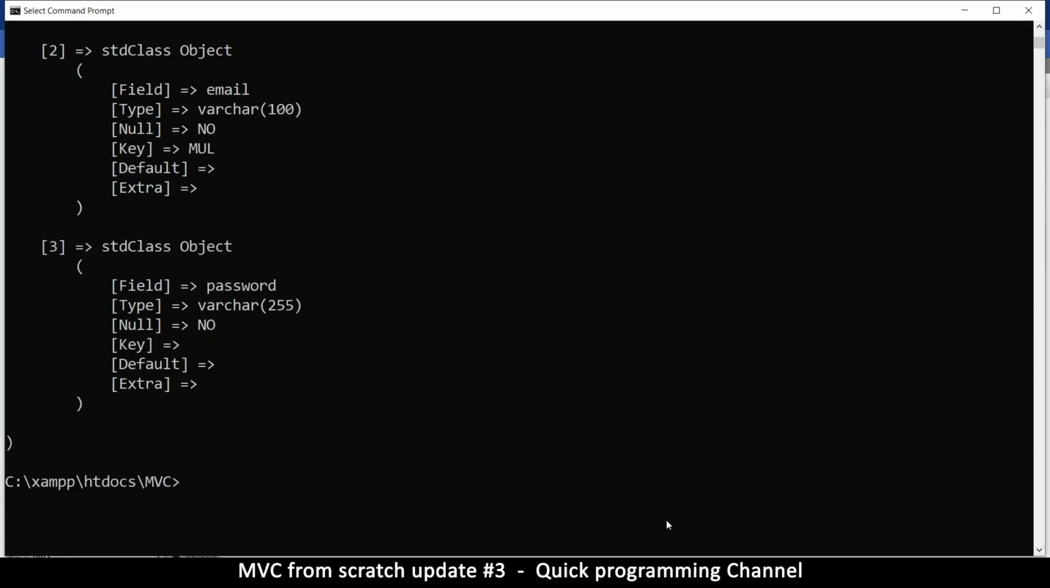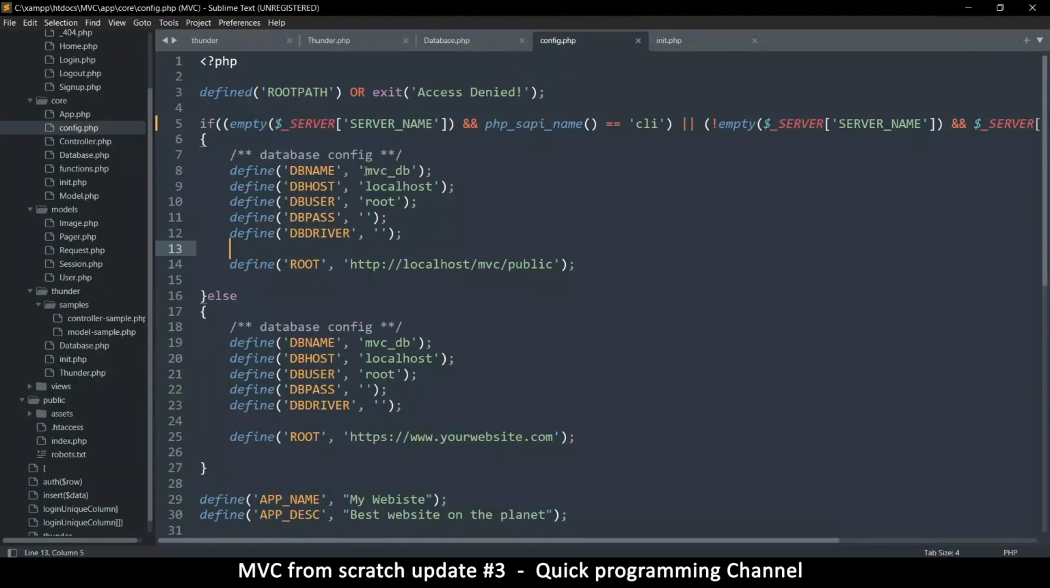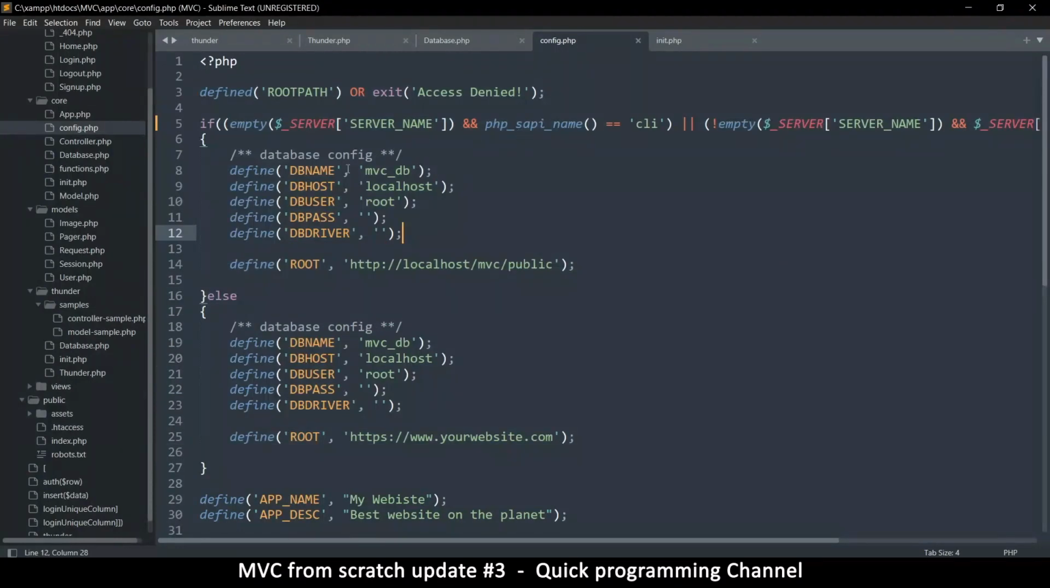Now this table actually is being taken from the config. You see the config here has a MVC DB here. So to change the database that you are referencing, you have to change it from here, because remember that it's using this configuration right here to do things over there. So it assumes this is your database here. So once you create a database, you have to edit your config here to match the database you want to